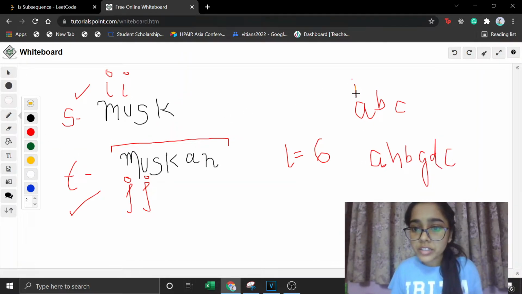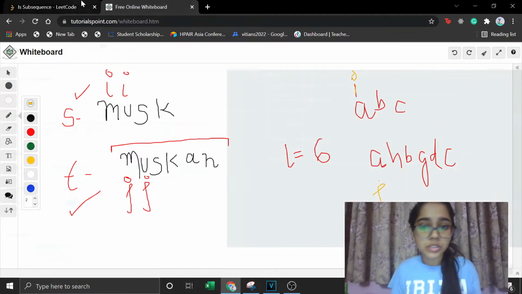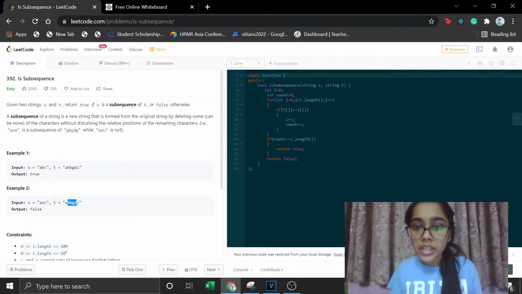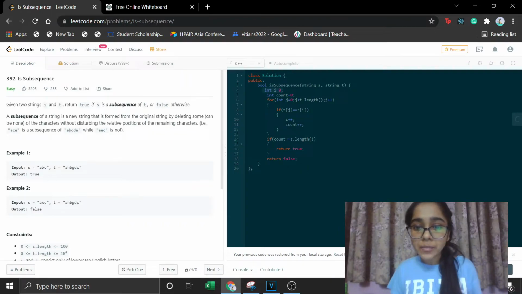Initially I will keep a pointer I here and a pointer J here. I will start running the loop and check whether the element at J is equal to the element at I. As in the code I am showing, initially I have pointed I at 0, at the initial string, that is this particular string. And here I am iterating through the string that we have.